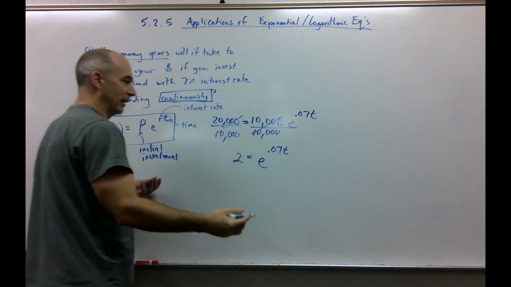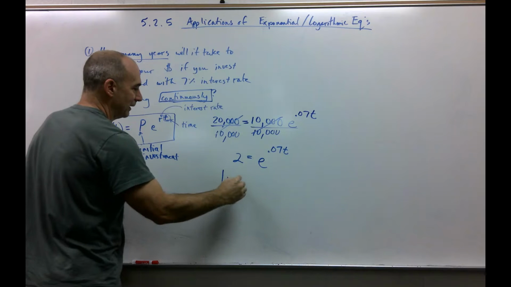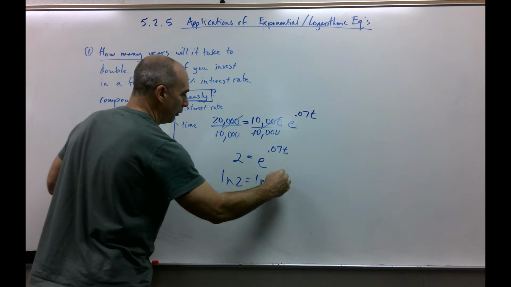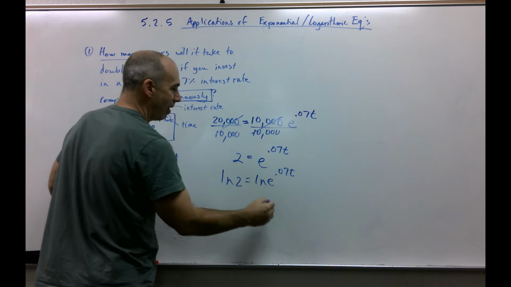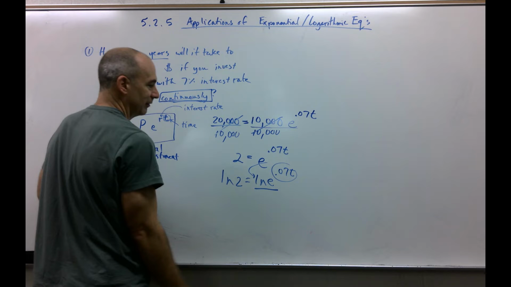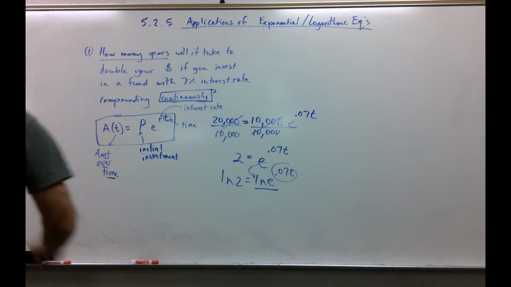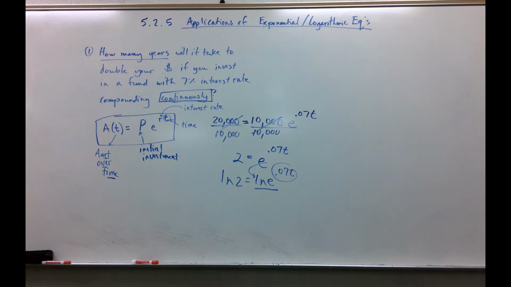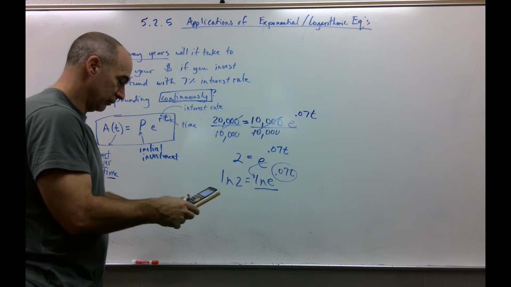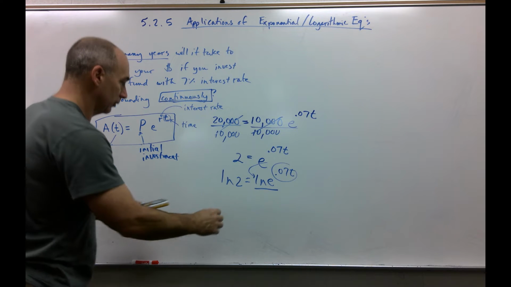Well, wait a minute. How do I do this? This is where I'm going to put a natural log on this side and a natural log on this side. The 0.07t I can now bring to the front. Notice what this is. It's 1. So I get the natural log of 2. Let me find out what that is. So natural log of 2 is about 0.69,